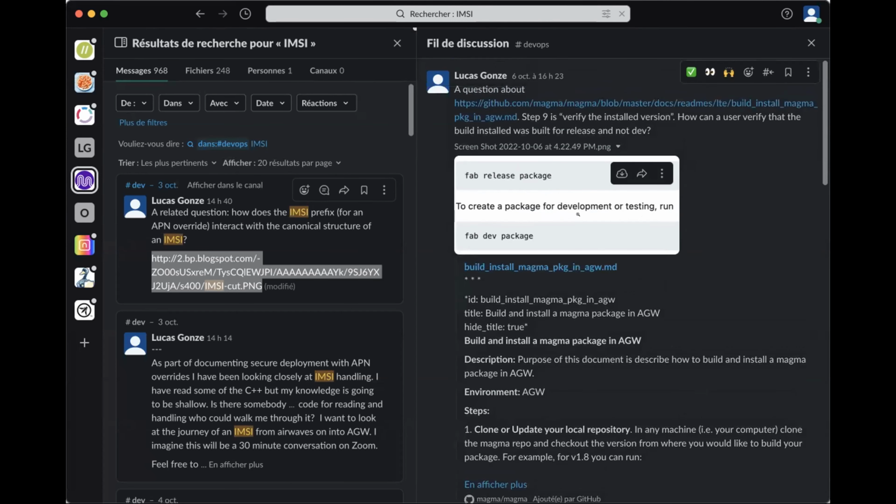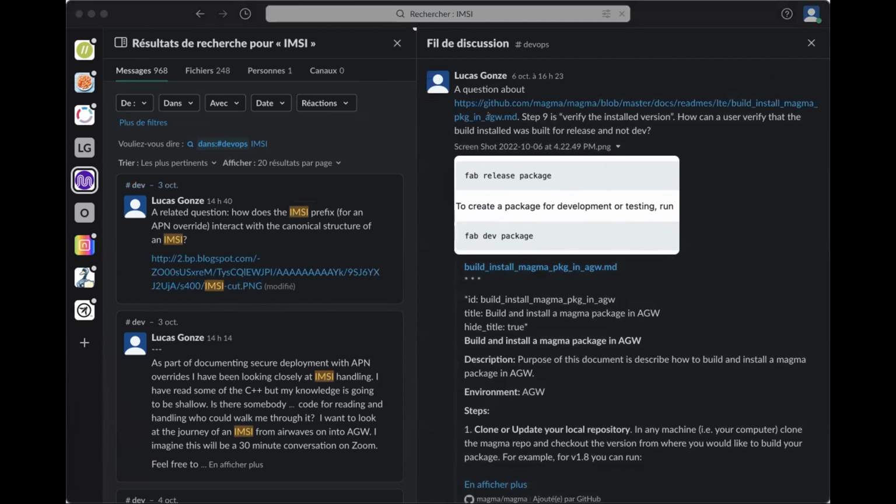So let me fill people in on the context before we go deeper. So the instructions for installing Magma into the access gateway are here. They include instructions for how to do a production build and how to do a dev build.